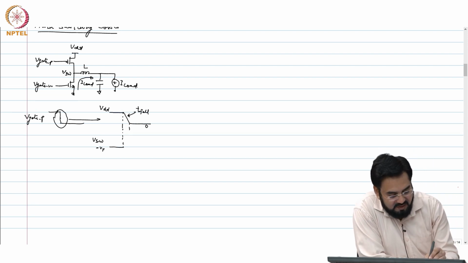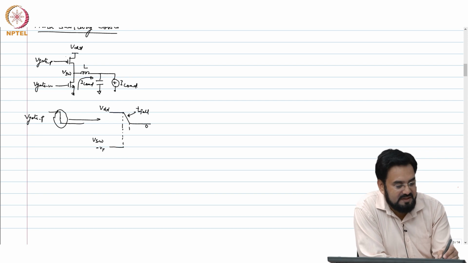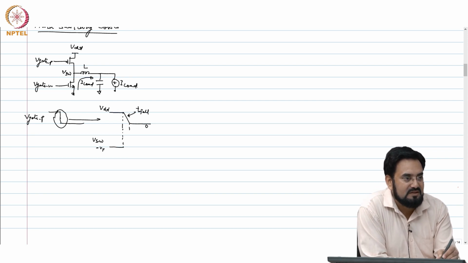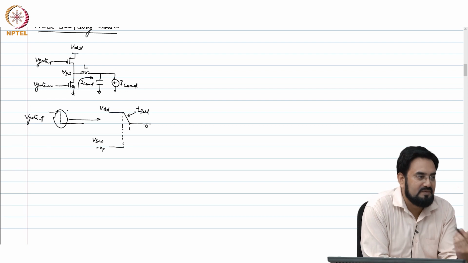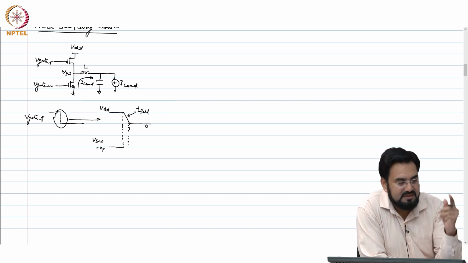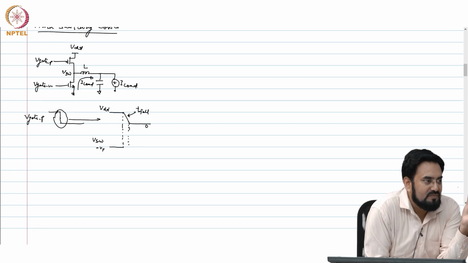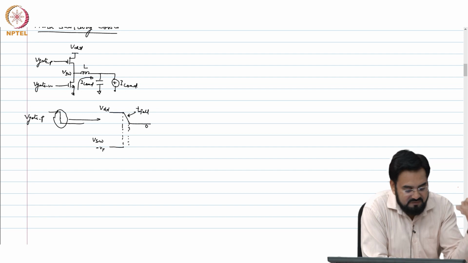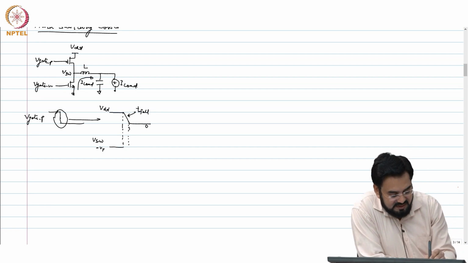So, it does not happen right at VTP, because when you cross VTP, the resistance looking at the drain of this will be very high, RDS on. If RDS on is very high, it will not be able to supply enough current to turn the diode off, correct. So, it will happen closer to when your gate is actually 0, when the resistance becomes so small that the diode becomes reverse biased and turns off. Then VSW will start rising.